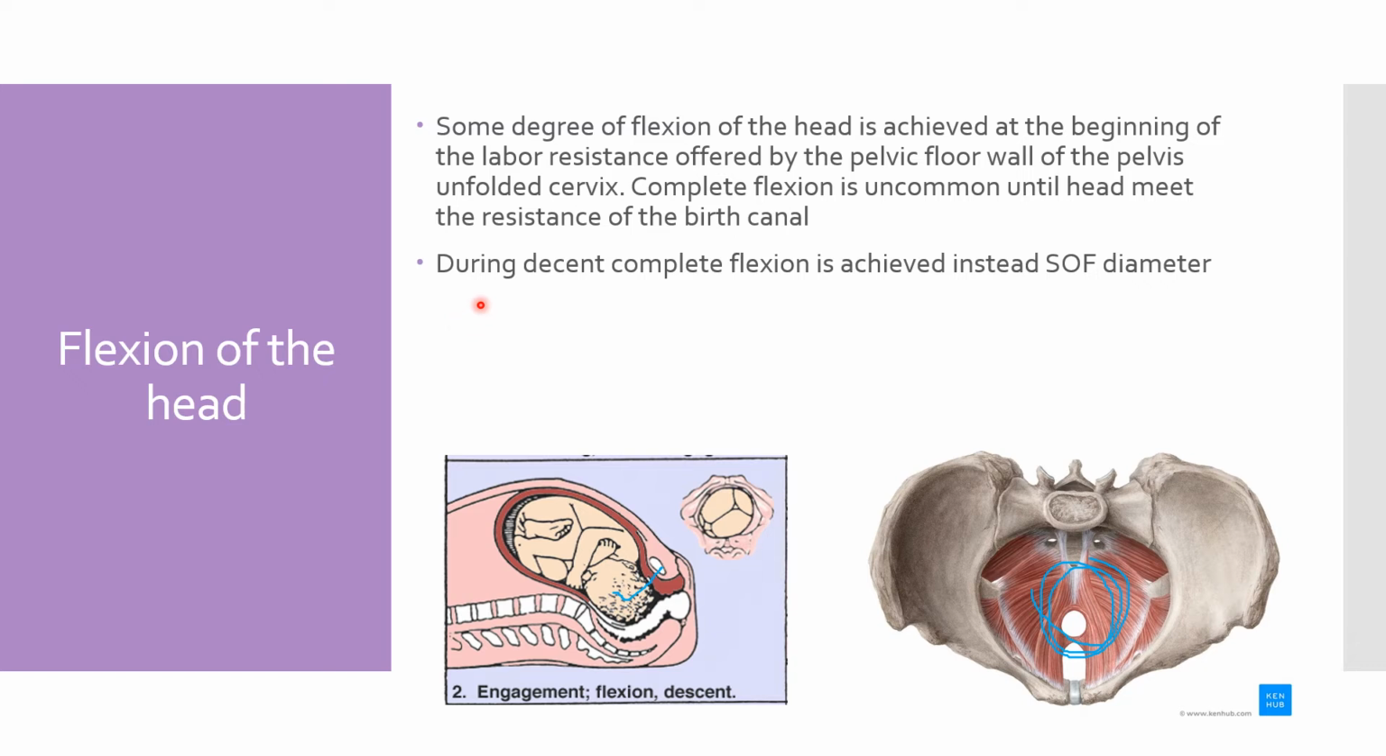next one is during descent, complete flexion is achieved, so the suboccipito-bregmatic diameter presents instead of the suboccipito-frontal diameter. Here, during descent means the baby is coming down from the uterus to the vagina. So descent is the meaning for that. The fetus is coming down. So during descent, when the head meets the pelvic floor muscles, complete flexion is achieved instead of suboccipito-frontal diameter. Okay,